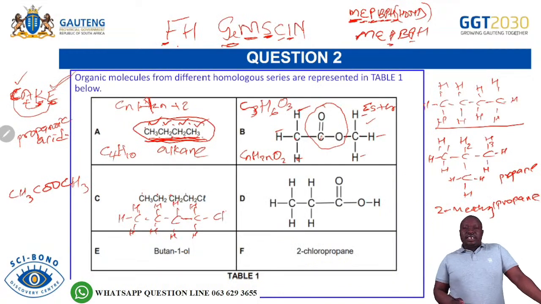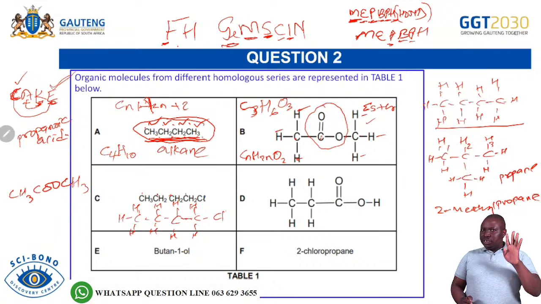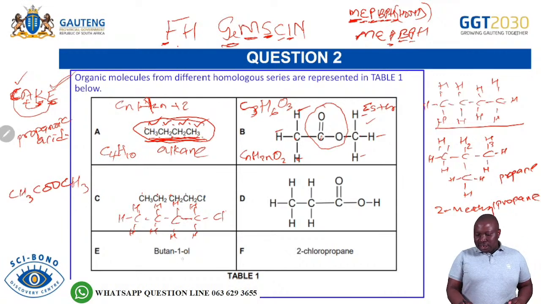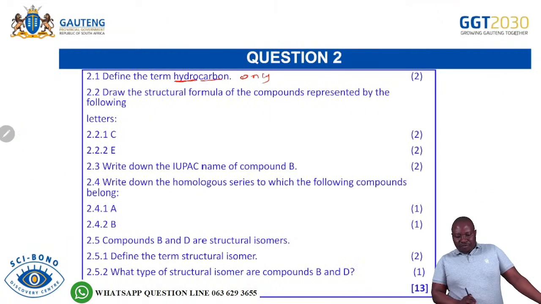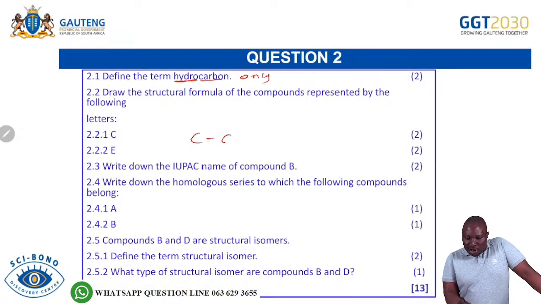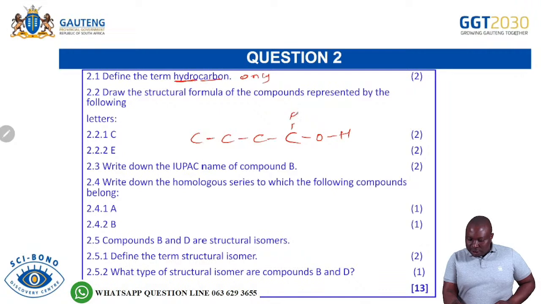So for E, obviously, if you are writing the structure, you see butan-1-ol. You know that but is number 4. So that is but, but there is an OH there on carbon number 1. 1-ol means the OH is on carbon number 1. So when you are drawing your structure for butan-1-ol here, you will draw 4 carbons because it's but, and then 1-ol means the OH is on carbon number 1. Show all the bonds, even the bond between the O and the H for your hydroxyl group, and show all the hydrogens that are attached to the structure. Then you will have got your answer there for 2.2.2.